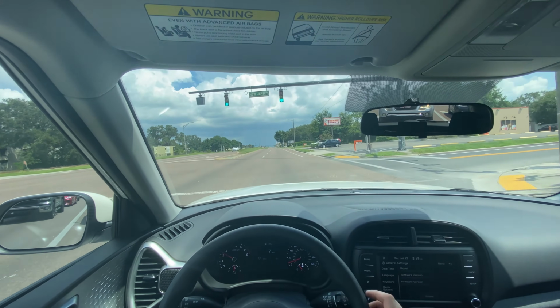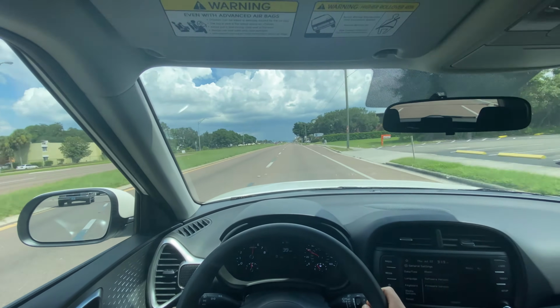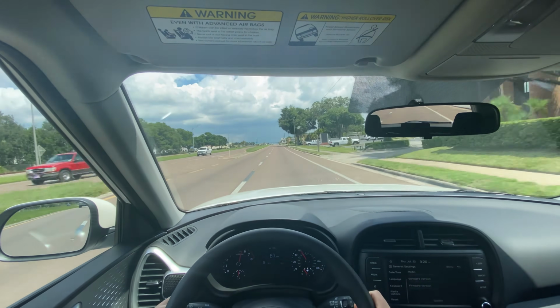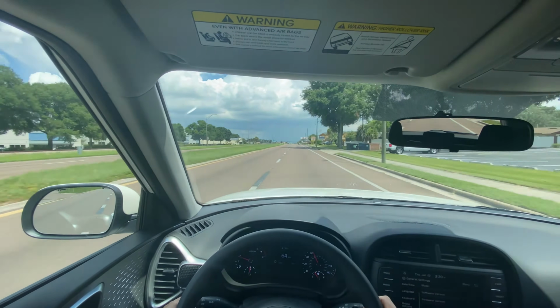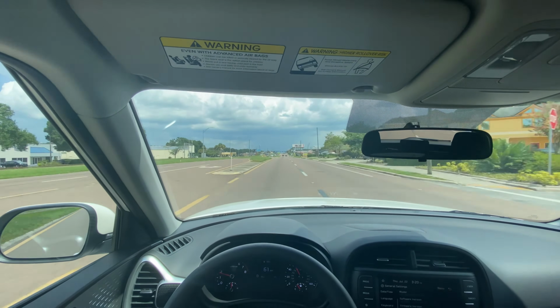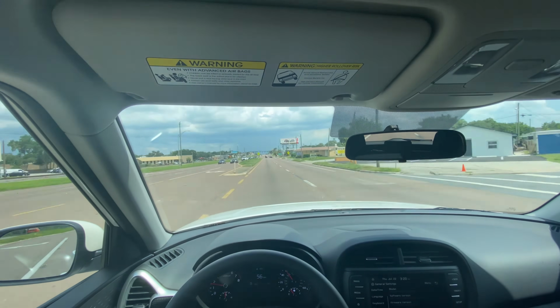Boom. Okay. Wow. Pretty impressive off the line. And as the revs go up, you do have pretty solid overall pull. So it's not going to be mind-blowingly quick, but it gets to 60 pretty quickly. That was probably quicker than 8 seconds. Pretty impressive overall. And the CVT transmission does have ratios, so it's going to be pretty good overall sensation of